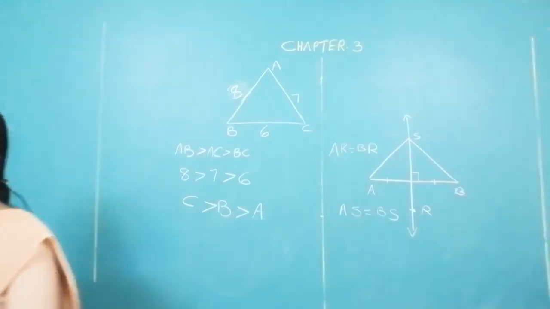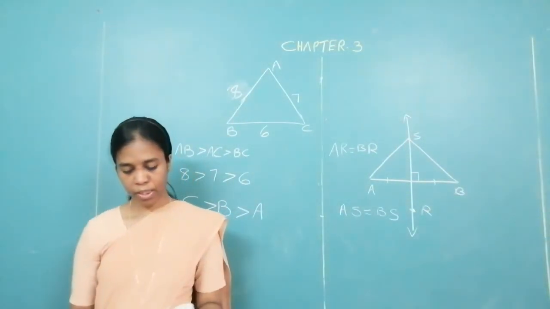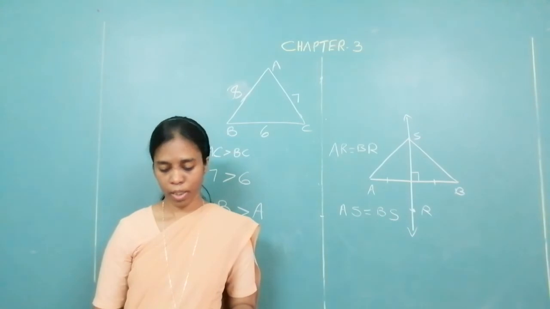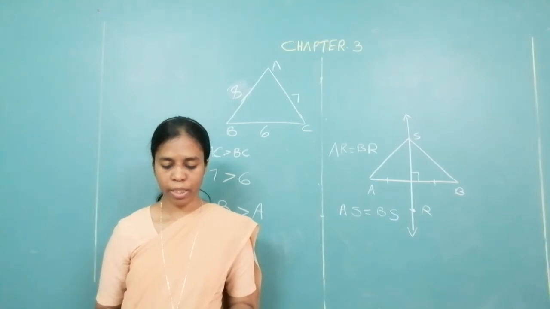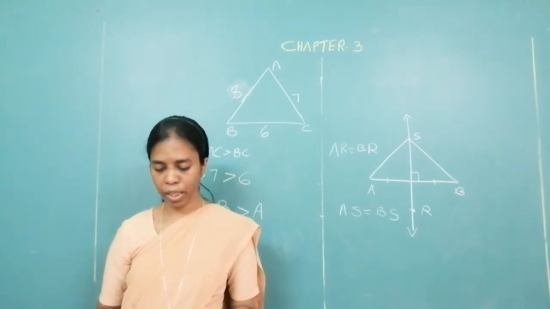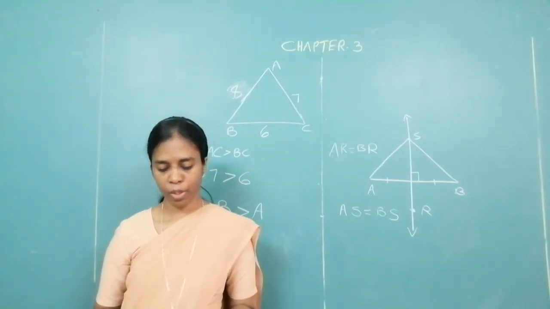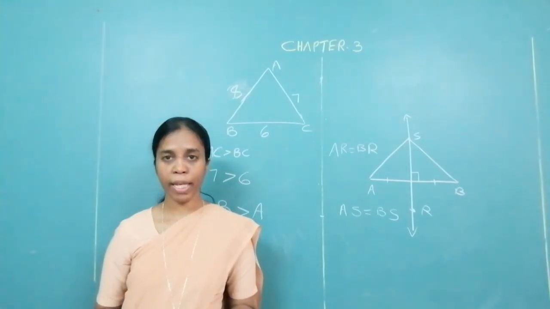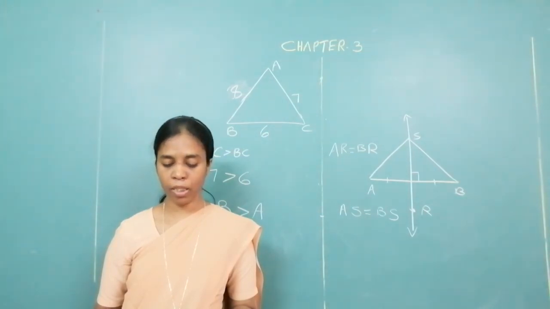So, take the last page of your notebook. I want to give you some points to be written and you have to learn them by heart. We have written something for the parallel lines. After that, these are the points. So, please write it down. Two triangles are congruent if corresponding angles and corresponding sides are congruent. Next point. Two triangles are similar if corresponding angles are congruent and the ratio of corresponding sides is constant.